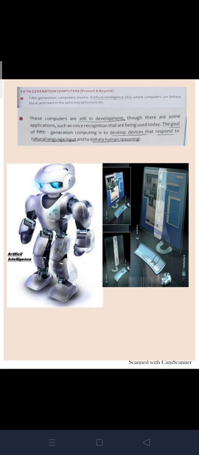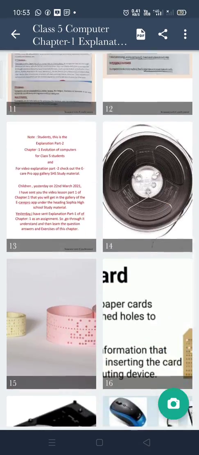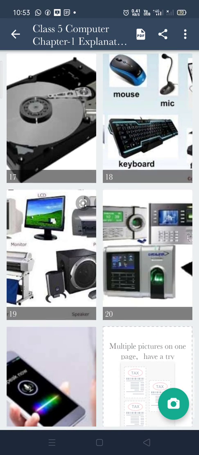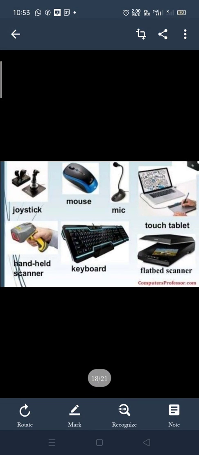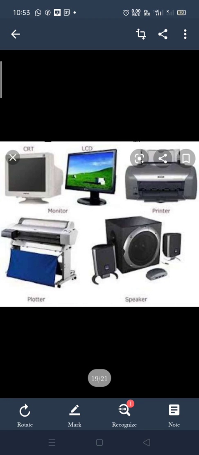Programming in the natural language could also be understood by the future computers, and scientists are working on it. Okay, you must have seen Alexa, or I'll just show you some systems which are of fifth generation here. These are some input and output devices which are used in fourth generation and we are using today also. These are the input devices: mouse, keyboard, joystick, mic, scanners, and all these we are using, right?